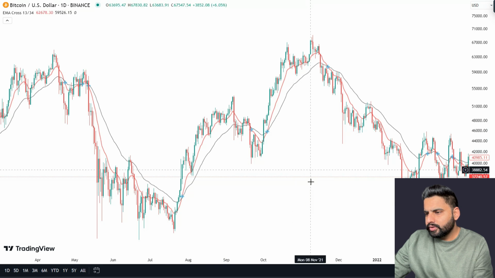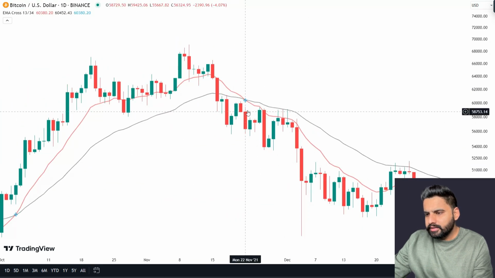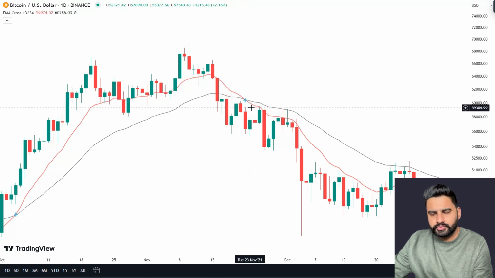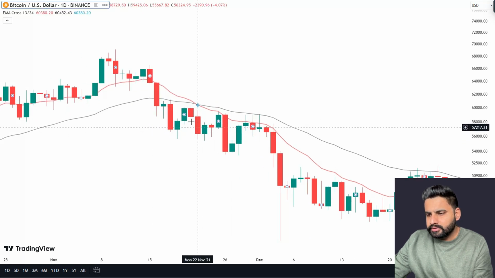Here we can see a bull run and then the Bitcoin crashed. Let me zoom in. So here is the crossover, right? EMA 13 is crossing EMA 34 to the downside. So the crossover candle is our signal candle. This red candle is our signal candle and we just need to note down the low of this candle, and the low of this candle was